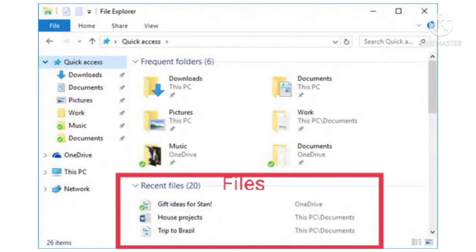Concept of files and folders. File. The collection of related information is called a file. Whatever is saved on the computer is saved in the form of a file. A file is also given a relevant name.